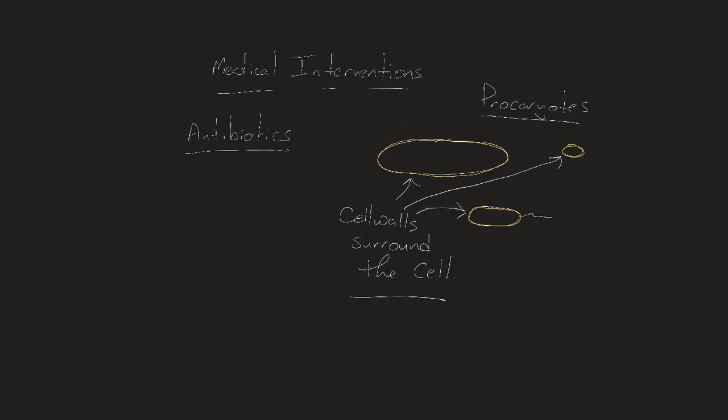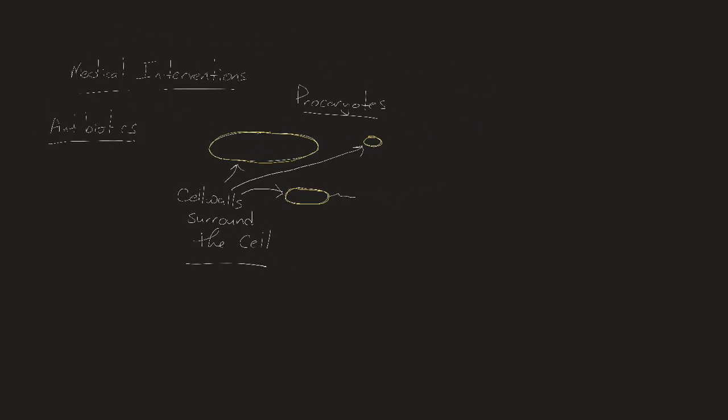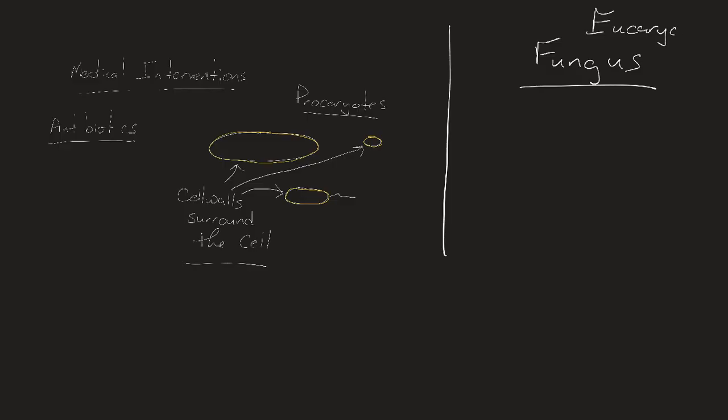This antibiotic, this medical intervention, was first derived from a fungus, another type of life on Earth that we've discussed, a eukaryote. That's a cell type that does have a nucleus. So pro means before. Pro means before nucleus. Eukaryotes have a nucleus. These fungi produce antibiotics